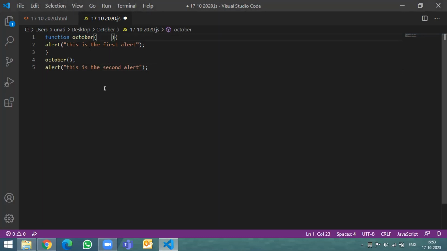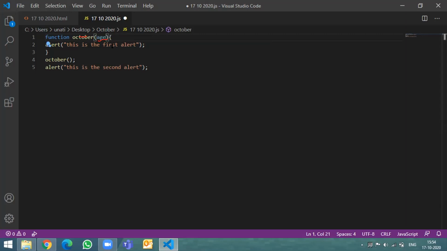We have a function by name October. In that function, we are going to pass a value. Just write a variable over here by name number, or let's say age. So just say age.